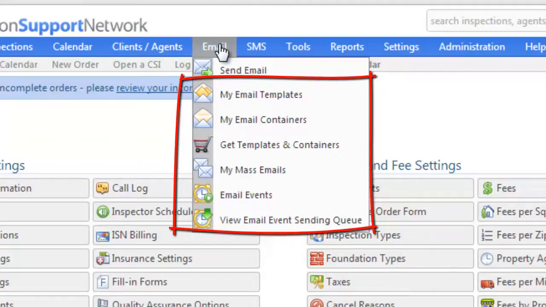And you have your get templates and containers, which is more content or great ideas for your marketing and tracking purposes. And you also have a bunch of containers or electronic letterhead like New Year's, holidays, birthdays, things like that. So graphics that are available for you to use for your marketing purposes. And then of course you'll see your email events, which is the